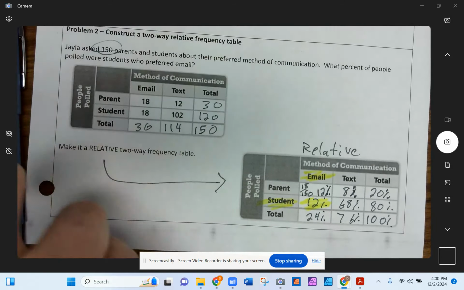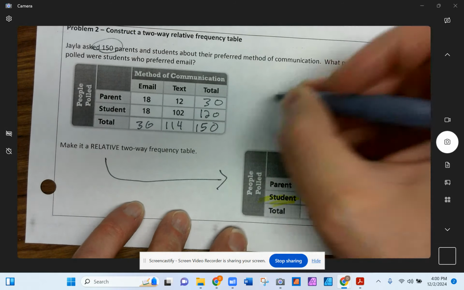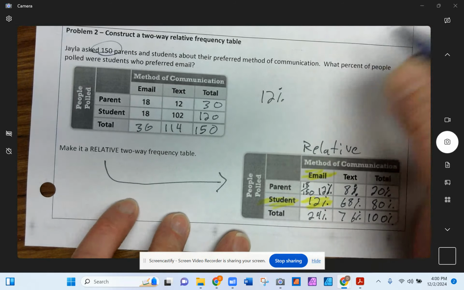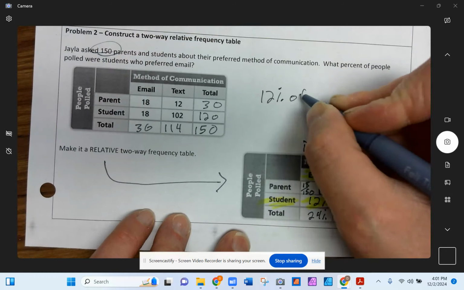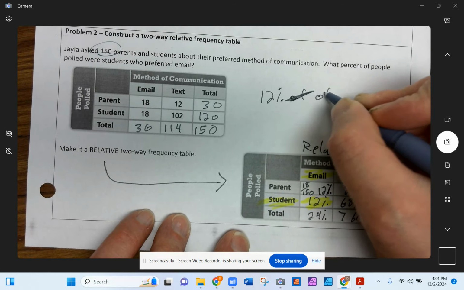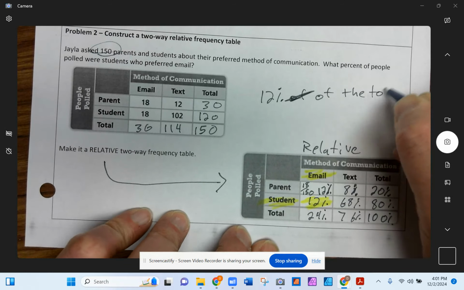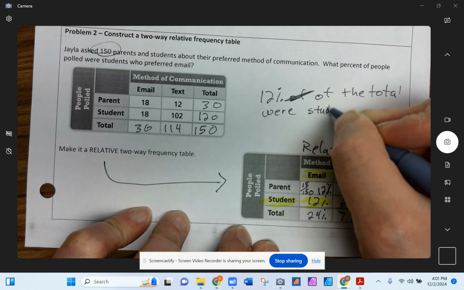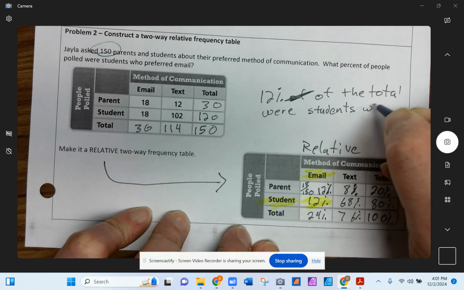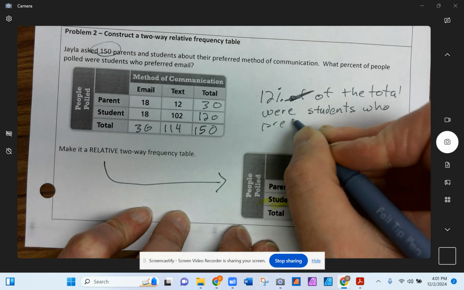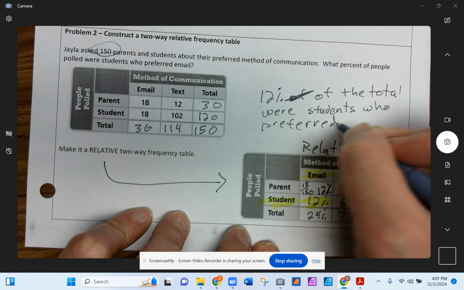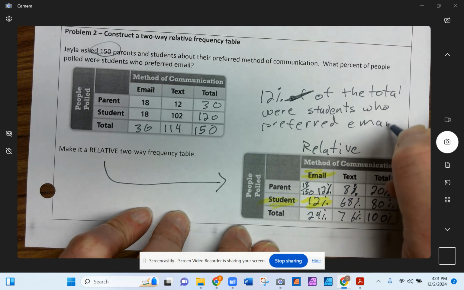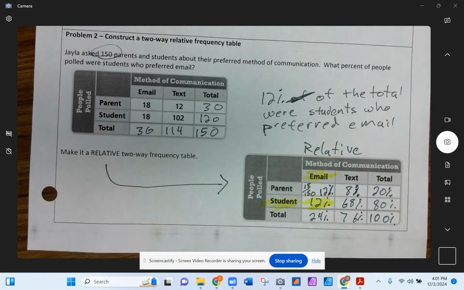Okay, so that's our summary, right? So we say what percent of... I already said that. So 12% of the total were students who preferred email. I mean, you could reverse the question as well. You could say the percentage of students who preferred email was 12%. But anyway,